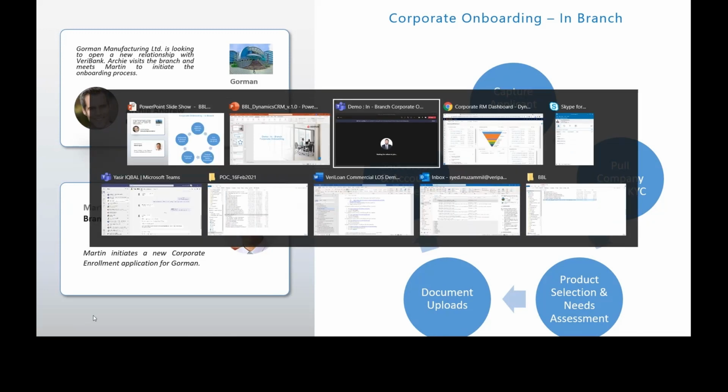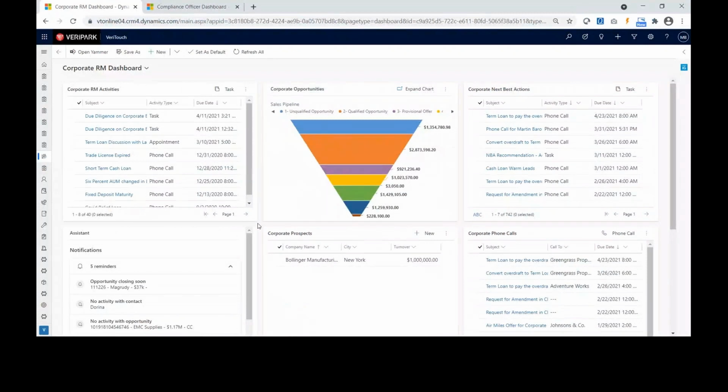Let's move to the demonstration of the scenario. So I'm Martin Barrows. I'm the corporate RM. First thing I do when I walk into the office every morning, I have my dashboard in front of me. My corporate RM dashboard, a personalized dashboard that gives me visibility into all the activities that I'm currently having in